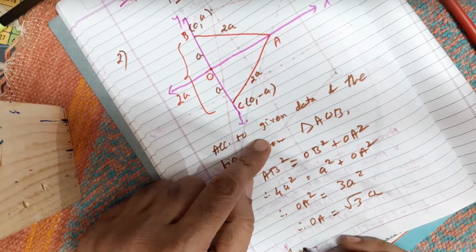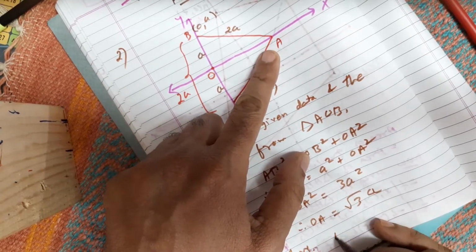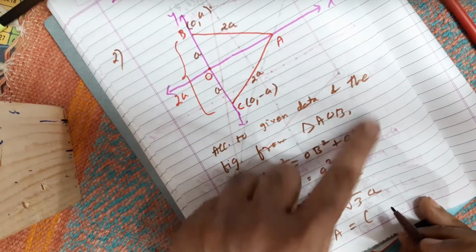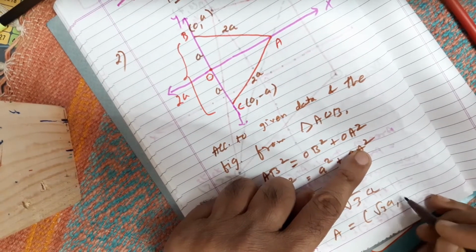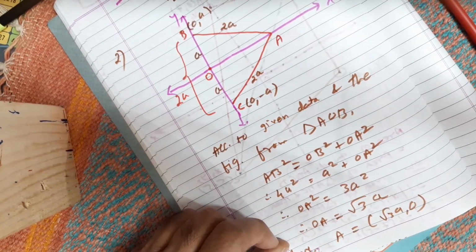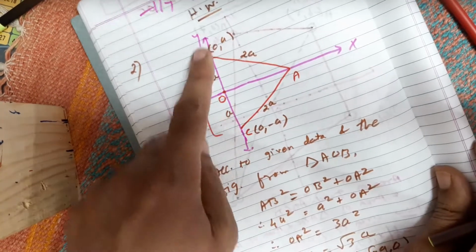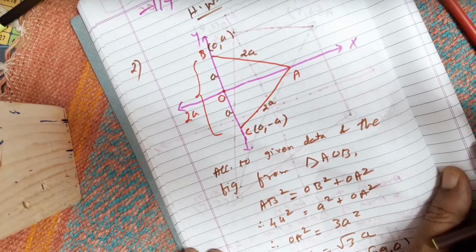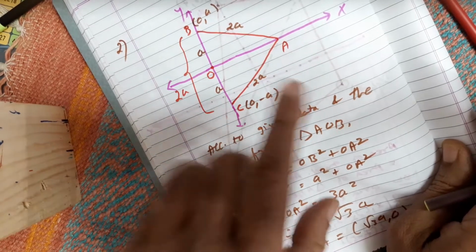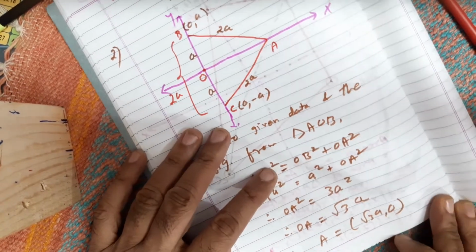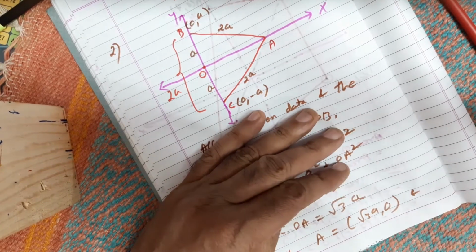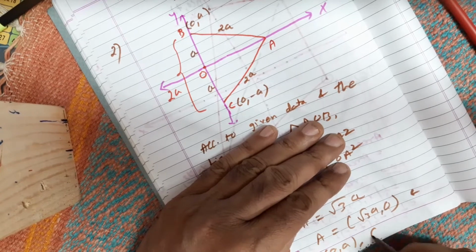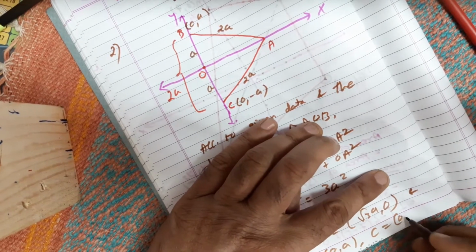And so finally, what are the coordinates of A? A is equal to what? A is on x-axis, no? Right? So it will be root 3A comma 0. Hope you understood this. B and C already y-axis पे, so all these things also you need to explain in the sum, huh? Is that clear? So this way you get all the three vertices, isn't it? Okay, of the equilateral triangle. So B is equal to 0A and C is equal to 0 minus A.